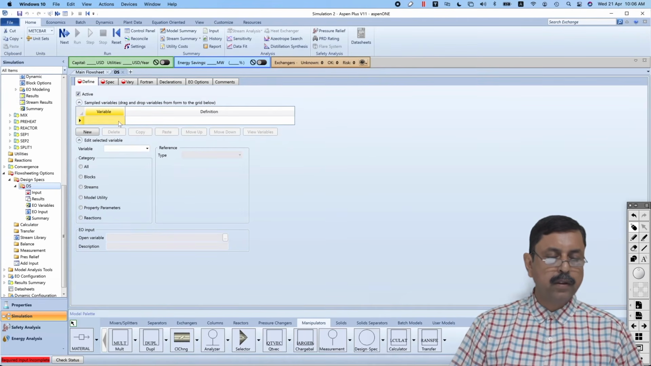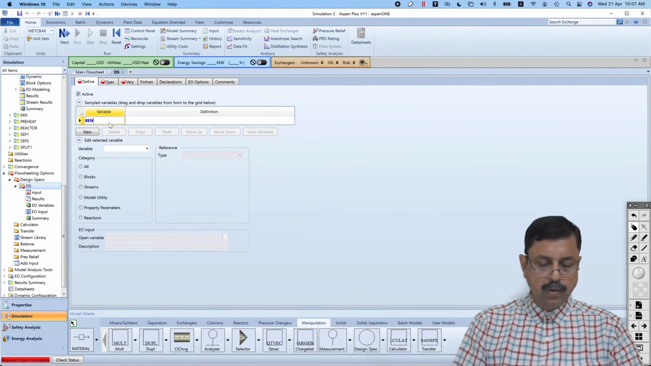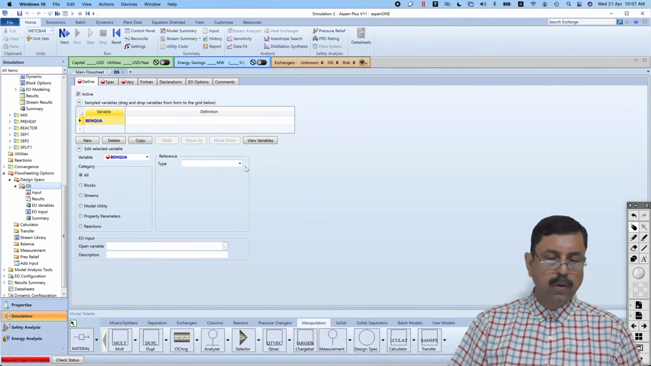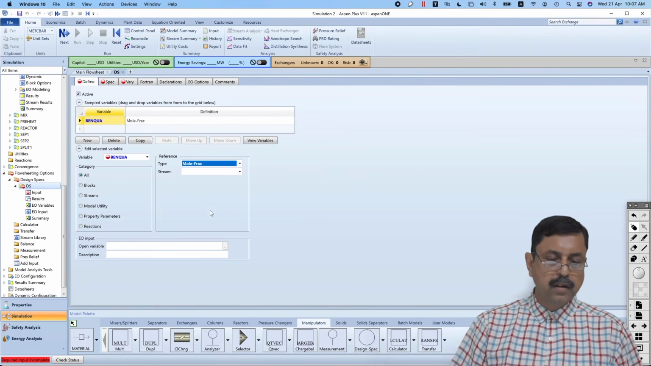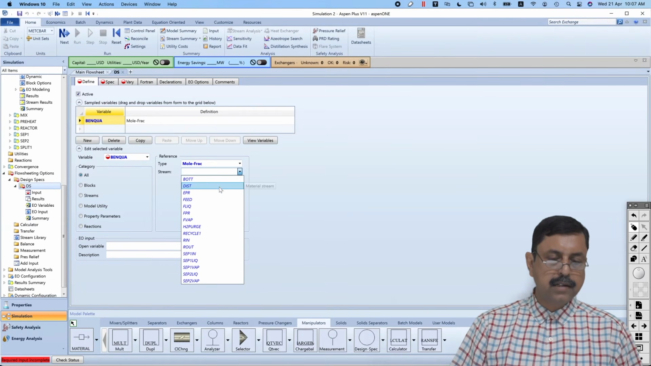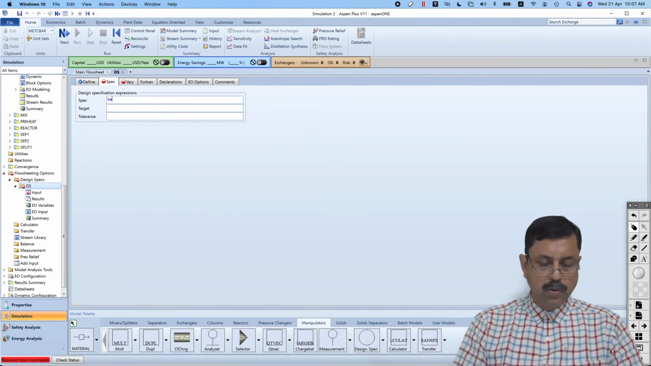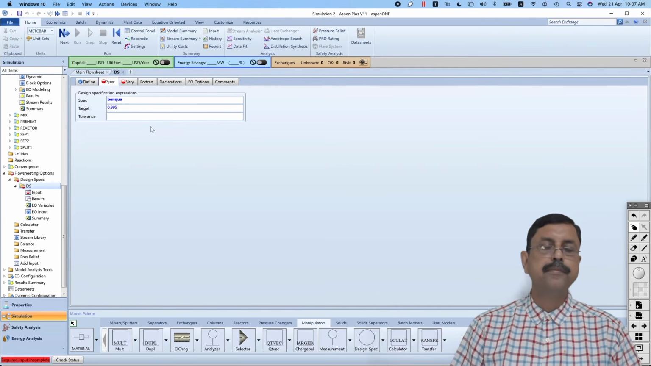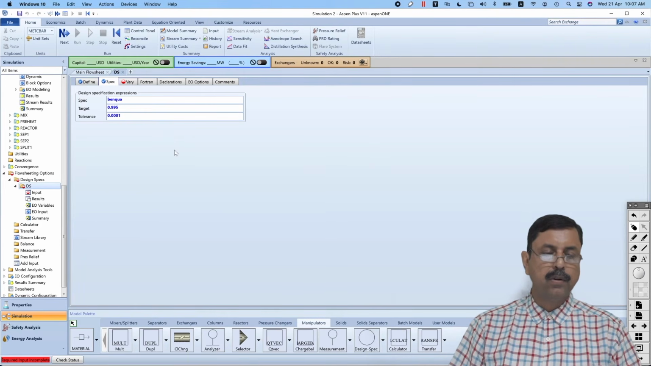Now here we have to write the new thing, which is Ben-Qua. That is the quality of benzene. And what is it? It is basically the mole fraction of stream distillate and the component benzene. And what will be the spec of Ben-Qua? It should have a target of 0.995, and we'll give a tolerance limit of 0.0001,